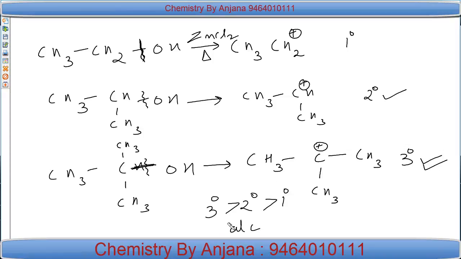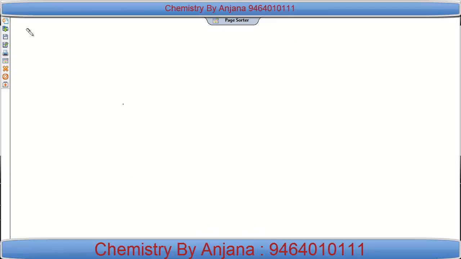So this type of reaction, where the C-O bond cleavage is involved, is preferred in tertiary alcohols, then secondary, and then primary. Yes. The next method of preparation of alkyl halides from the same alcohols is, if we are taking alcohol, reacting